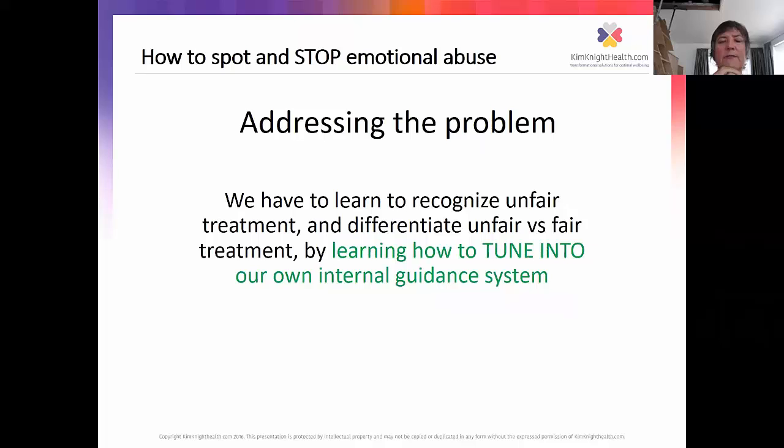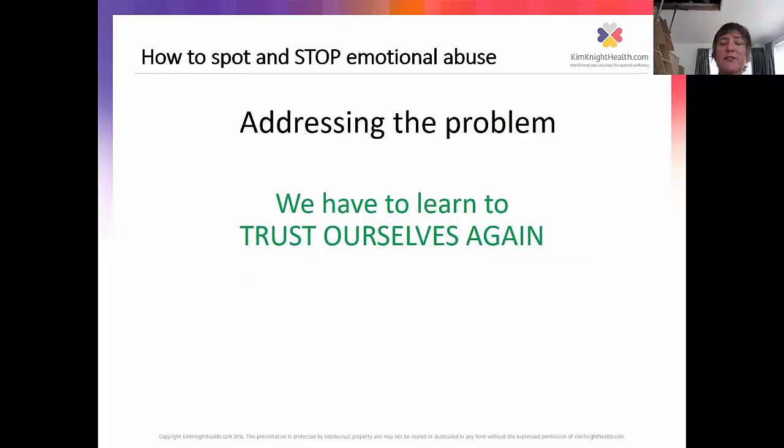And we're going to have to learn how to recognize unfair treatment, and how to differentiate unfair versus fair treatment. In other words, we're going to have to learn the difference between what it feels like inside our body-mind when somebody treats us fairly as opposed to when somebody treats us unfairly. So this means we're going to have to learn how to tune into our own internal guidance system, which are these 3 brains. And we're going to have to learn how to trust ourselves again, because what has happened in